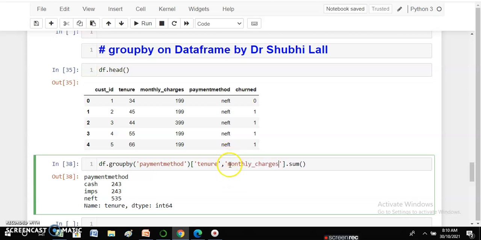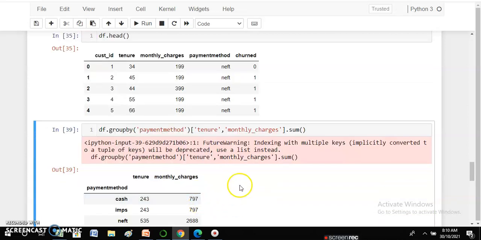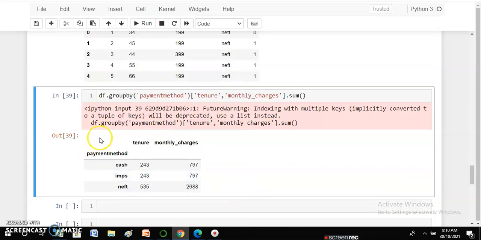So I will add one more column over here and press enter. Please ignore the warning. Now you can see the output: payment method, tenure and monthly charges. You can see the sum of tenures for cash, IMPS and NEFT, and likewise the sum total of monthly charges. So this is how we apply the aggregate function.